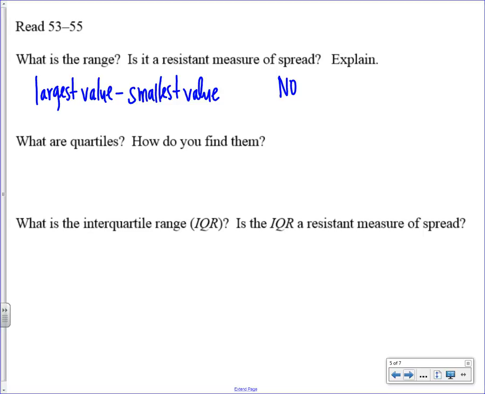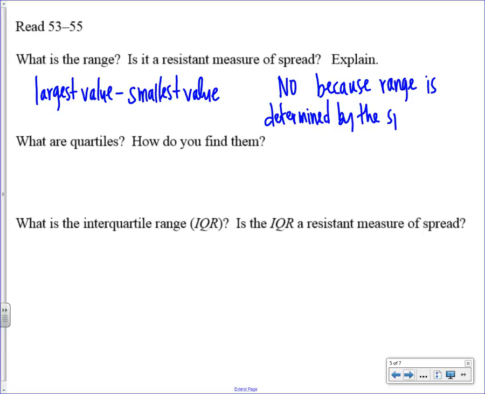Yes. So obviously, the range is determined by the spread of the numbers. So we can say no because of the numbers.